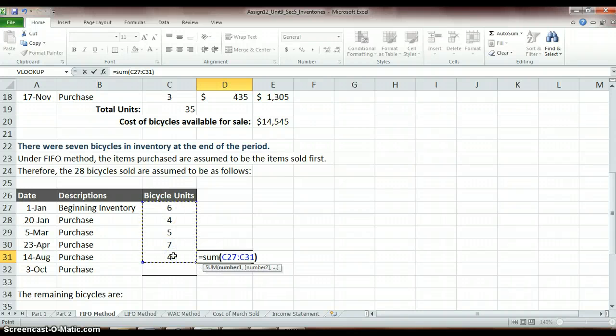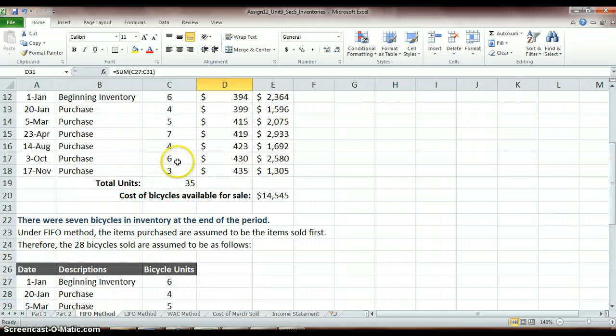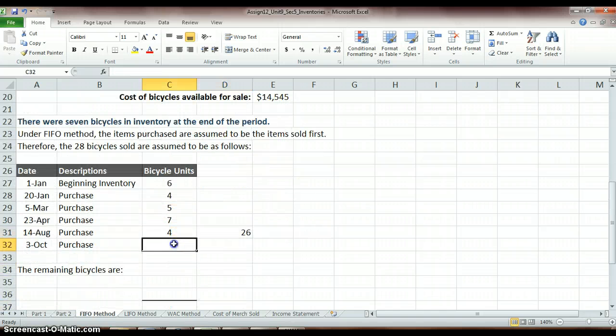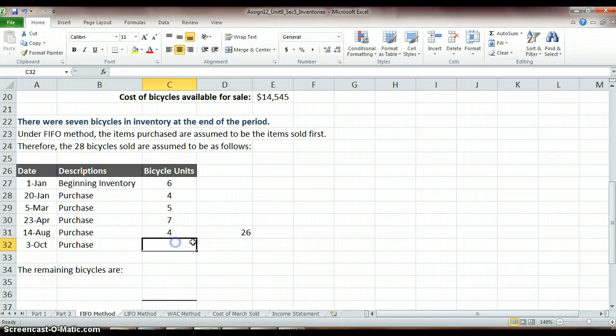So right now, I'm at 26 bikes. So I sold 28 bikes. So I need to come up with 2 more bikes from my October 3rd purchase, which I have 6, but I only need the 2 here. Let me stretch this down to, I'm at 26, but I need 2 more from my October to give me 28. I guess I probably should have just done that math